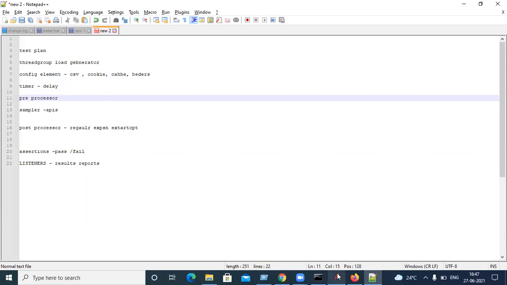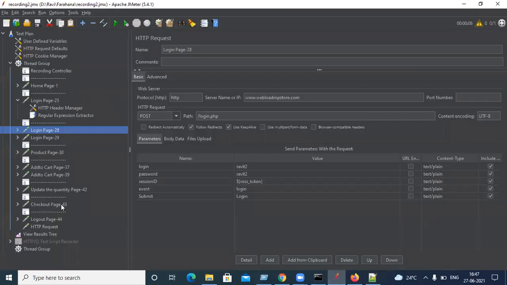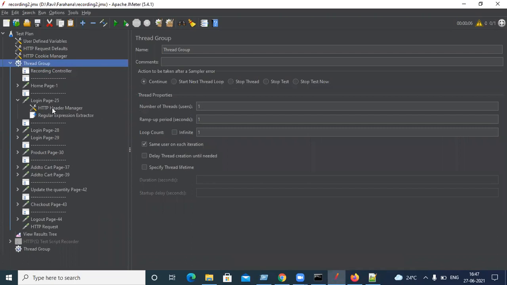So now, if you observe, we simply executed everything the same way, right? But in real time, some people will go to some pages, or some people do login only once and then hit other things. So a lot of combinations would be there. Suppose I run with 100 users here, all 100 will do these pages. But in real time, it's not like that. Login happens only one time. Some pages will get more traffic and some pages less. If you take a 100 users load, 20 will go to payment, 30 will go to products, and 20 will go to the gift section. So different combinations will be there.